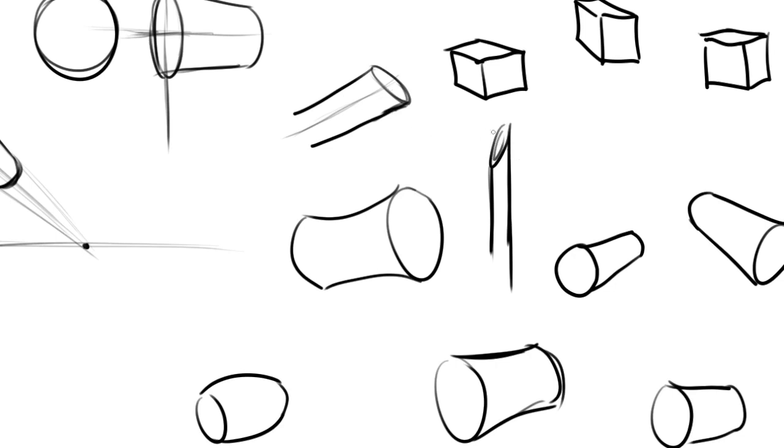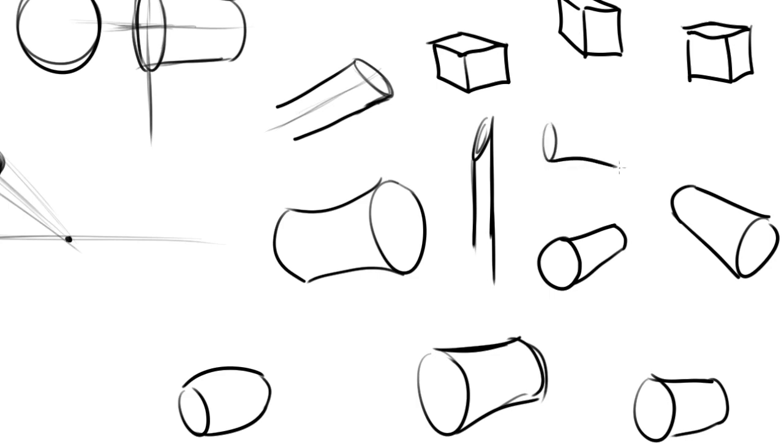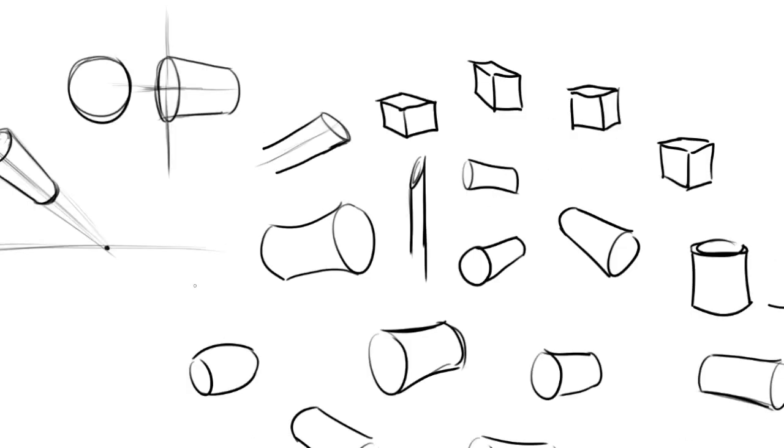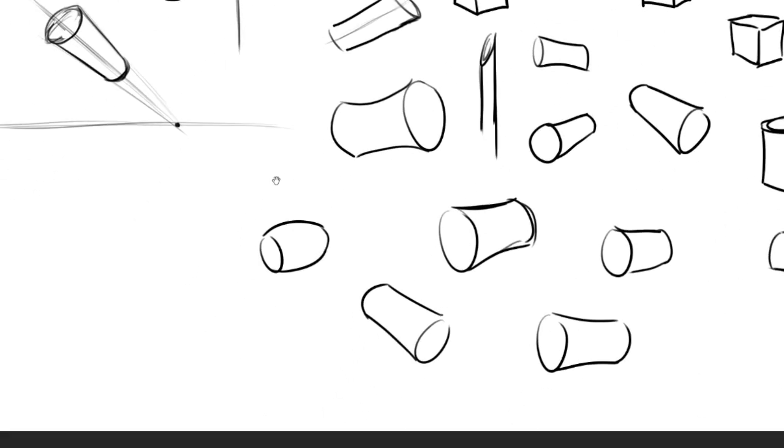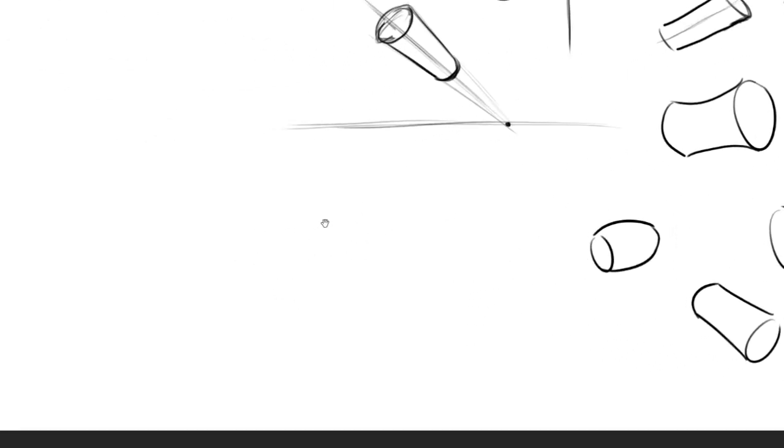But the point is to do that intentionally rather than accidentally and making what's supposed to be a regular cylinder look weird. Okay, so that's a little cylinder review, and that's going to help us with foreshortening. I'm actually going to do one more little thing here. What I'm going to do is,